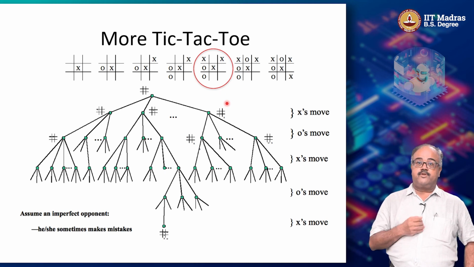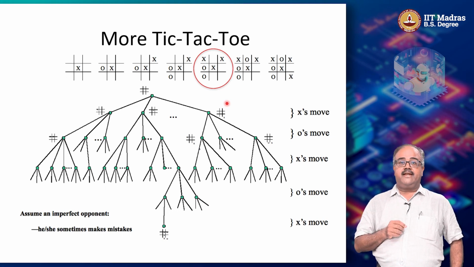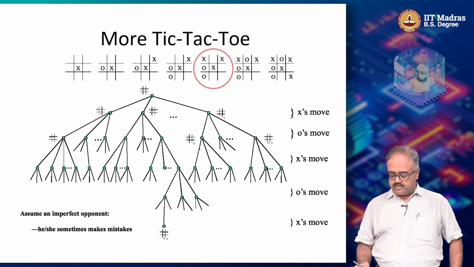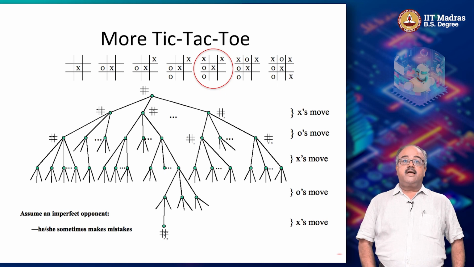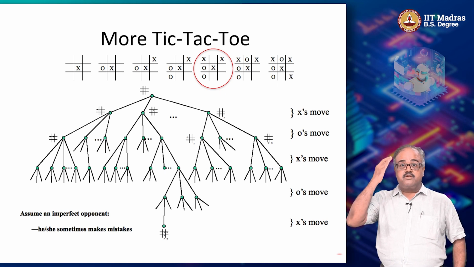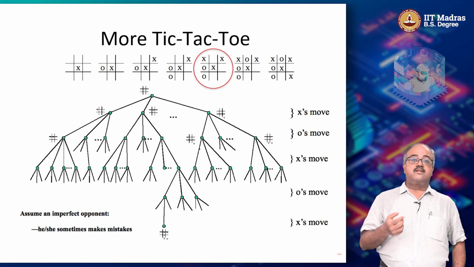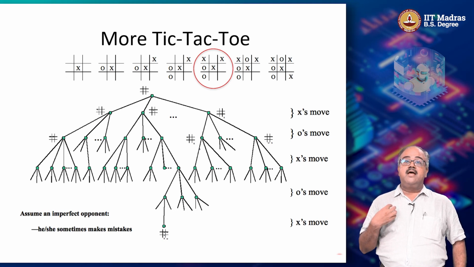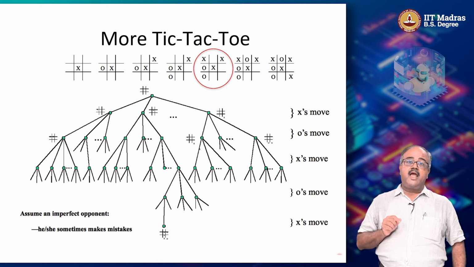Now here is another question for you. How did you know that this circled state was a winning position? That's because we know the rules of tic-tac-toe, right, and we can reason about how tic-tac-toe is going to proceed and what is the best response that the opponent can give and so on and so forth. Because I know about tic-tac-toe well, I am able to reason about the game and then figure out that this particular position that you have here is a winning position,